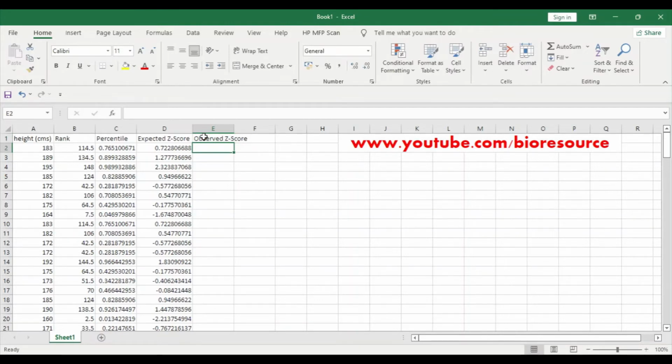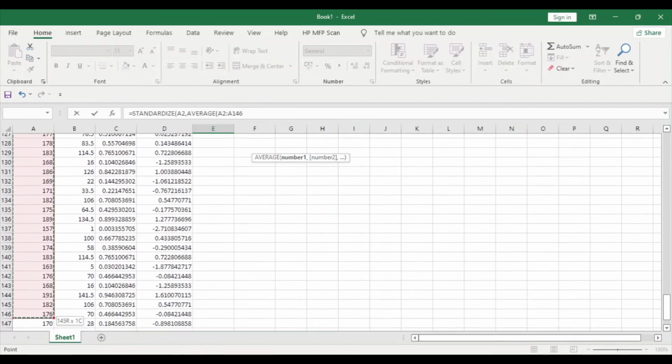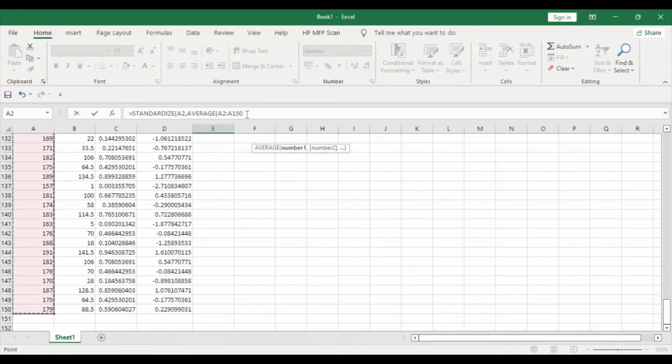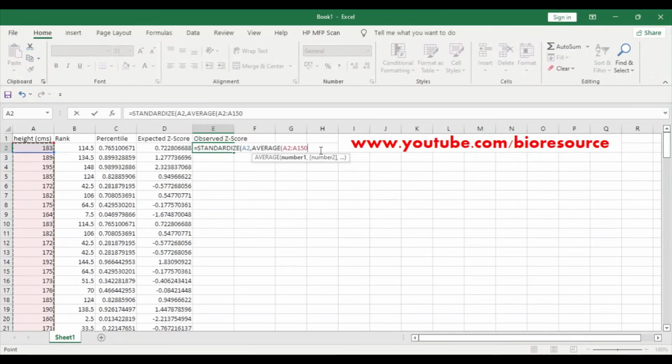To do this, we can use the STANDARDIZE function: equal to STANDARDIZE, and then select A2, comma, then the average of A2 to A150, and then we have to select the standard deviation.